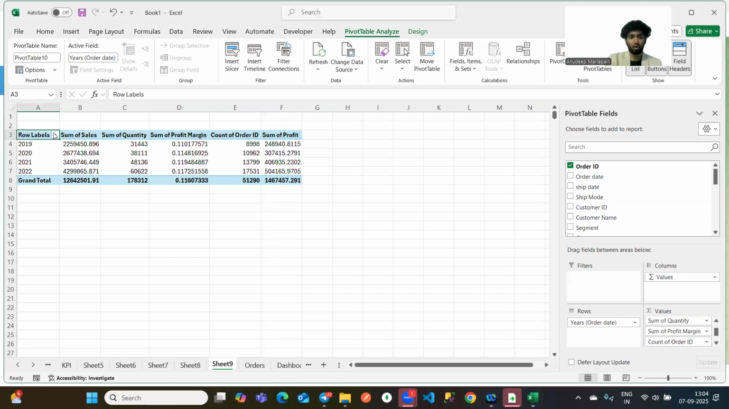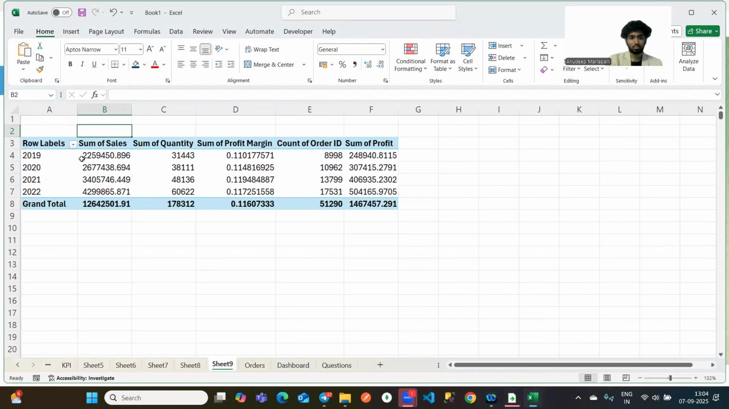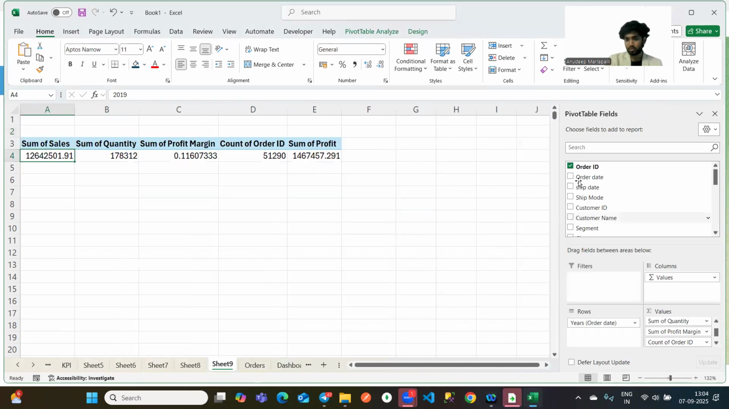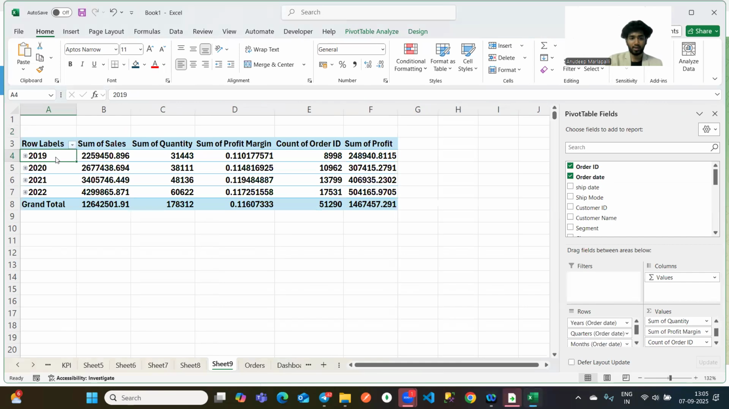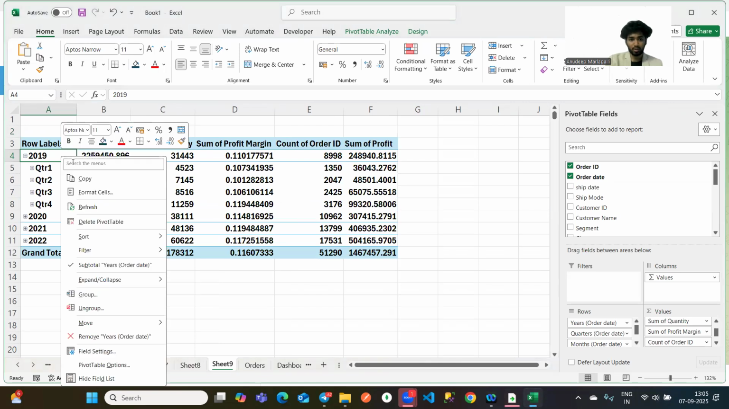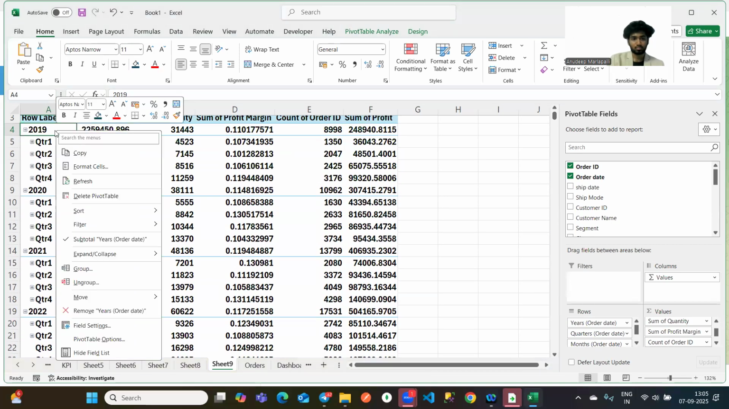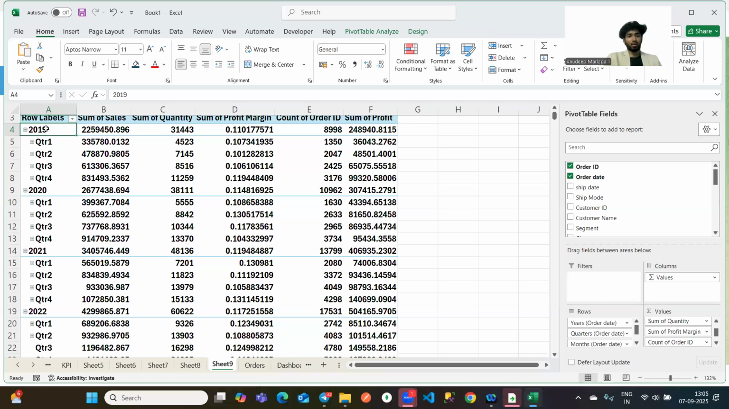Right. So now what do I want to do? Here in this, let's actually put the entire order date here. I'll put this and right click. If I want to open everything, I'll right click and expand. I'll click on expand entire field. Okay. So now you are able to see